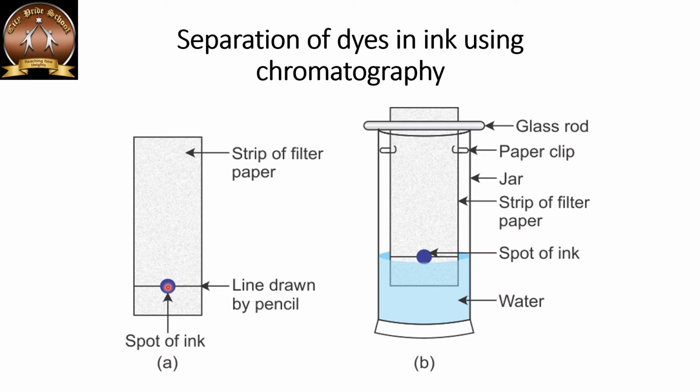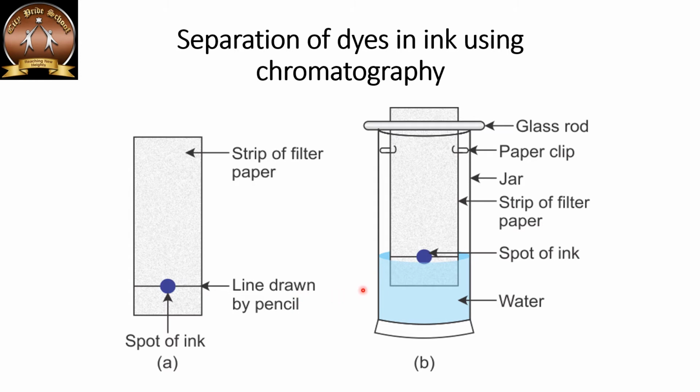Then when the spot is dried up, allow the second drop to be put over this mark point only. Make sure that the solution which you are using to separate out the component is highly concentrated, because if the solution is only very dilute, then the separation cannot be seen easily. So make sure that you put the drop 2 to 3 times, and the mixture you are using to separate it out must be highly concentrated.